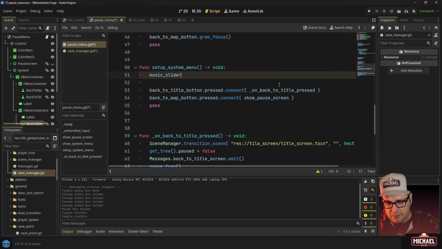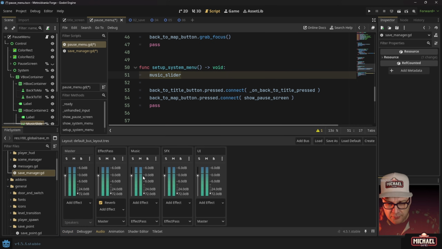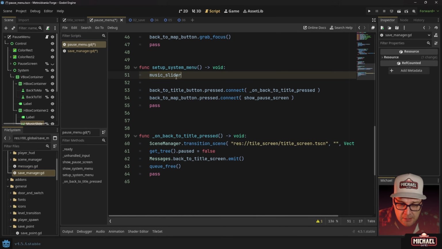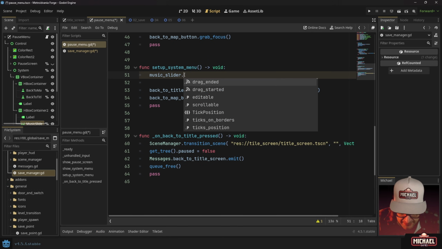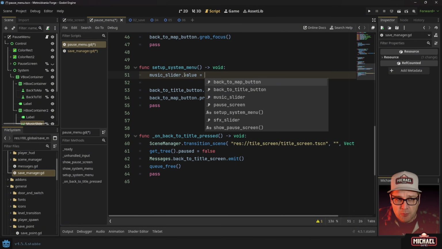Another quick comment. This code that we're doing right now affects the pause menu, which only displays when you load it. So what we're going to do is grab the values of our audio mixer volumes and assign them as the values of these. And then anytime we change it, we're going to ask the save manager to save those values out to our config system. So we'll go music slider dot value, and we'll set it equal to